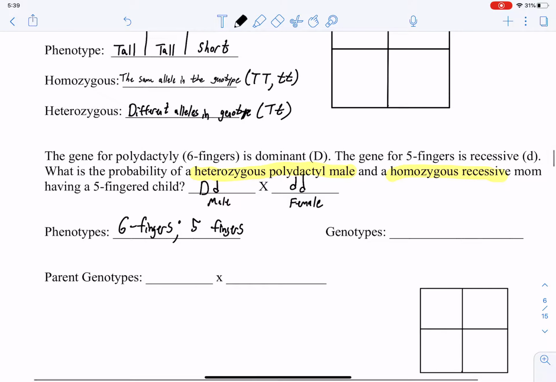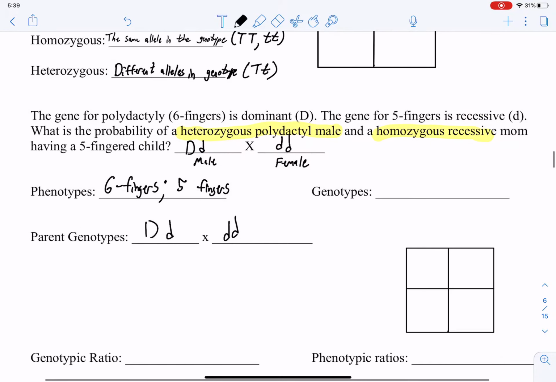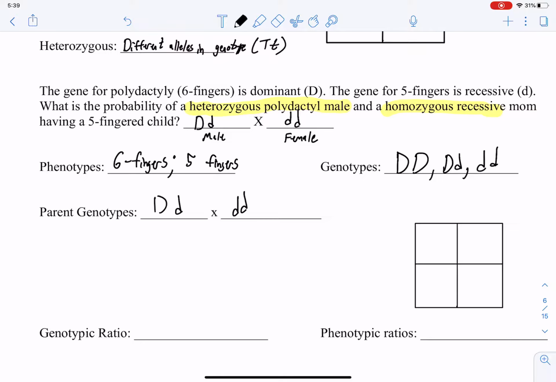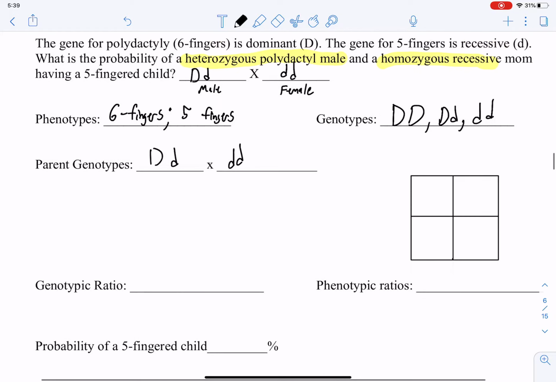Okay, and then we could just put our parent genotypes here as well. We can have three genotype options, right? We can have big D, we can have heterozygous, uppercase, lowercase, and then we can have homozygous recessive, both little d. Okay, so now that we have our parents' genotypes, we're going to go ahead and move these